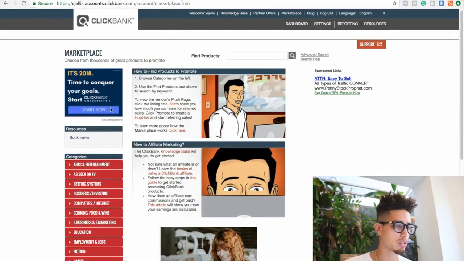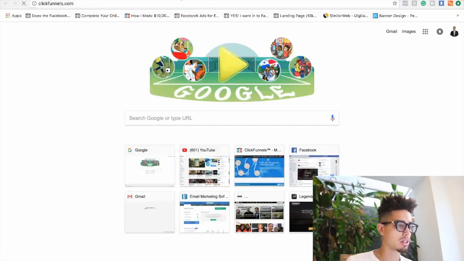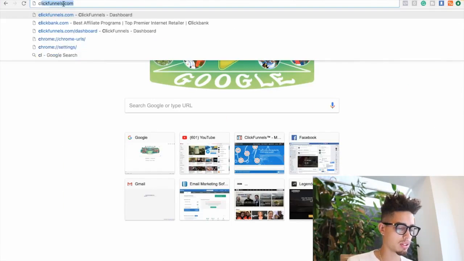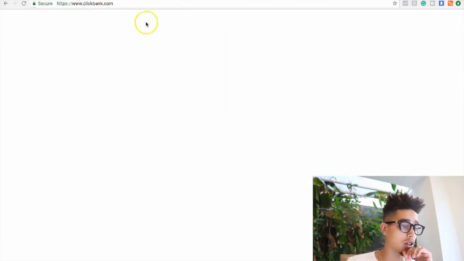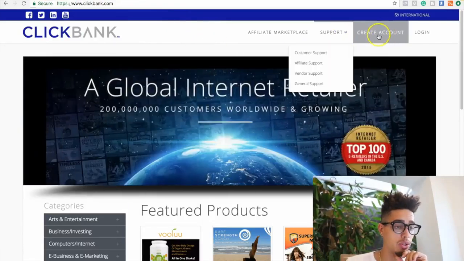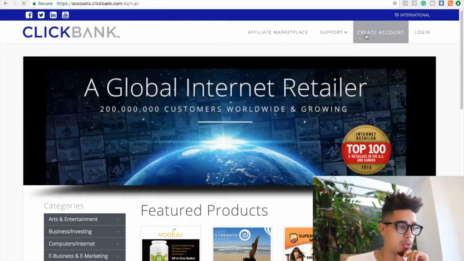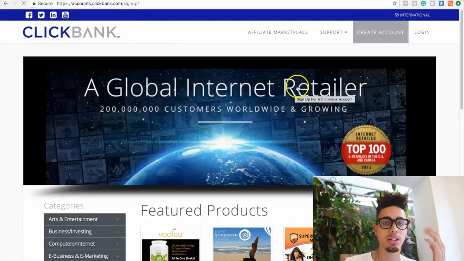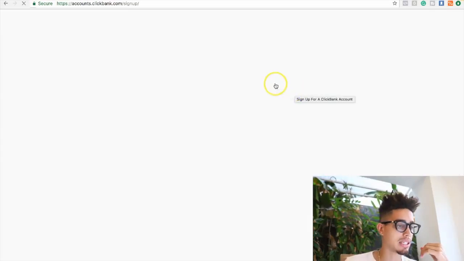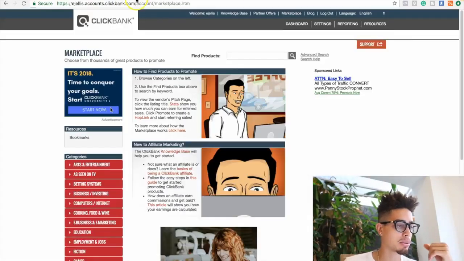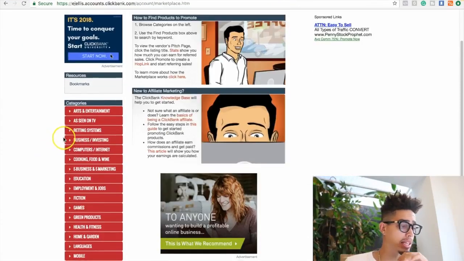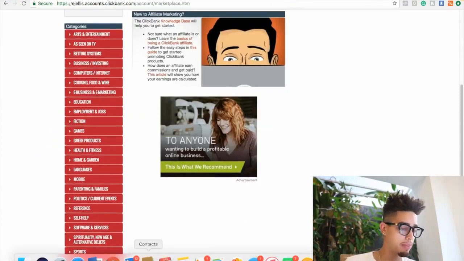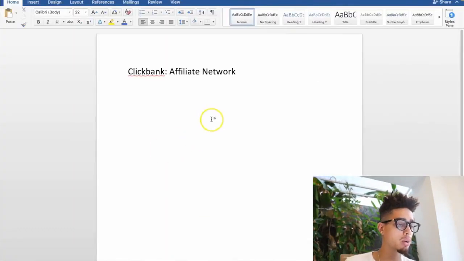It's very simple. If I was to go to clickbank.com and go to create an account, it's just gonna ask for standard details. Once you give it the details it needs, you go ahead and create an account. Once you create an account, you're gonna click the marketplace, and then it's gonna open these things up, right? Now, the step that you're gonna want to take,